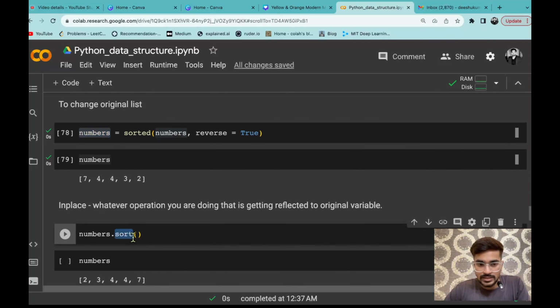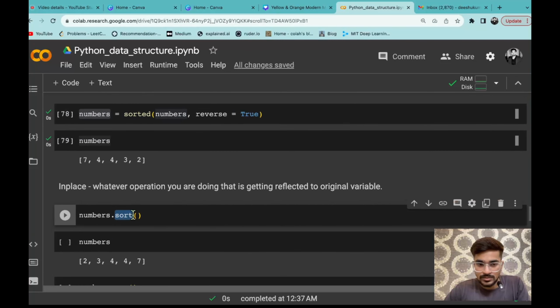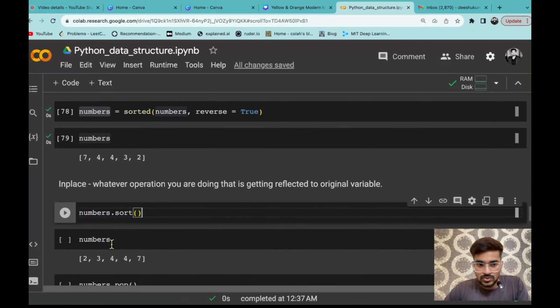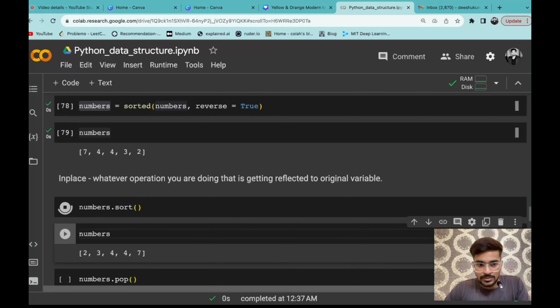It works the same way that sorted works, it will sort the list, but along with that it is an in place operation. That means whatever operation you are doing is reflected in the original variable. So if I now do numbers dot sort, you don't need to pass any argument, it will be just blank. Let's say I'm running that.